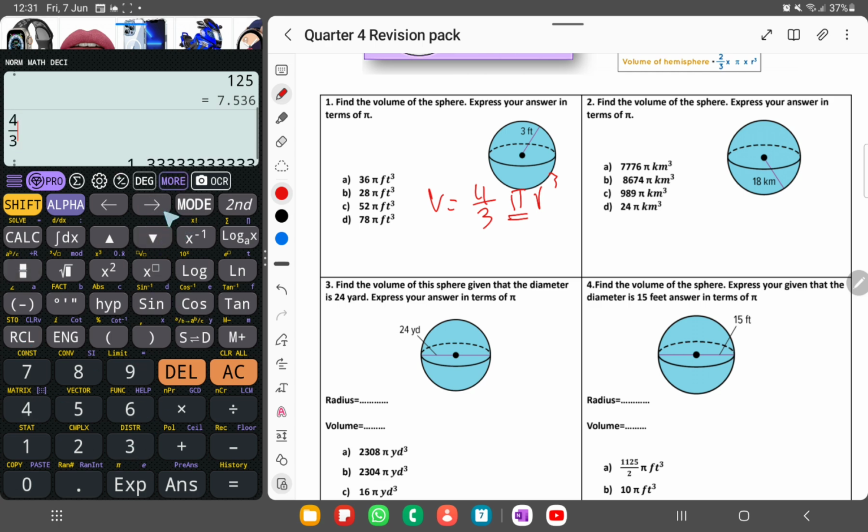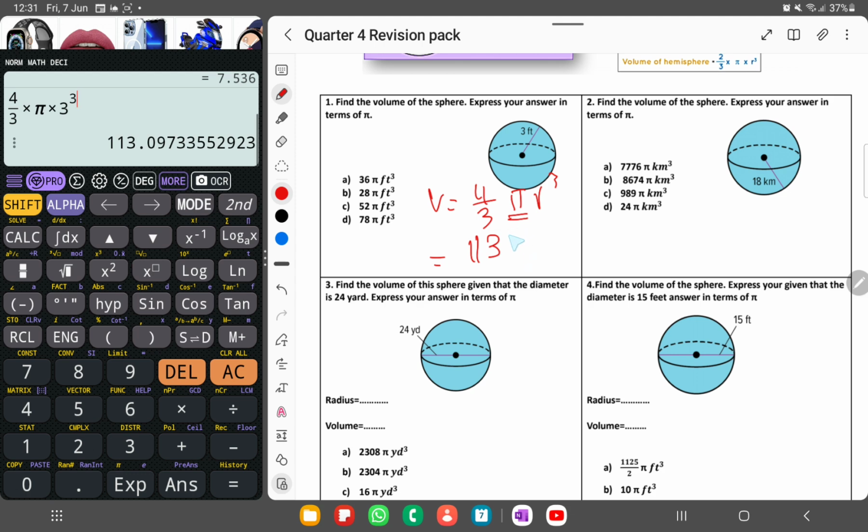4 over 3 times pi times radius cubed. What is the radius here? Radius is 3, so 3 power 3. So it becomes 113 centimeters